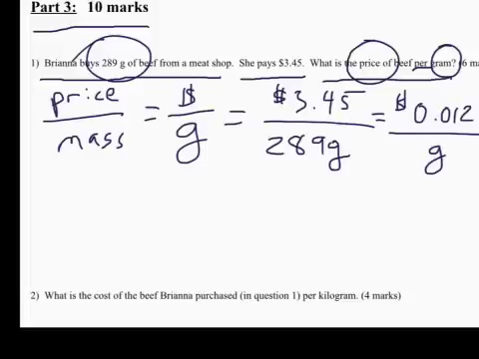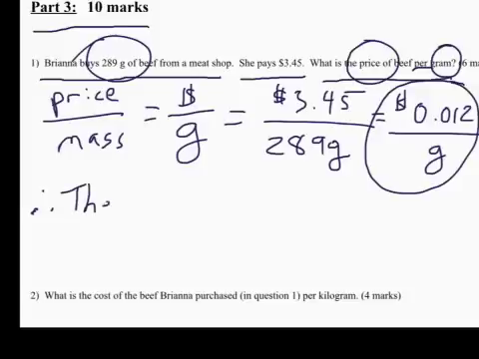That question is worth 6 marks on the test, so you need to give a little bit more than just the answer. I would suggest that you circle the answer to make it clear you know what the answer is. And you should put a therefore statement. So those 3 dots mean therefore. Therefore, the price of beef per gram